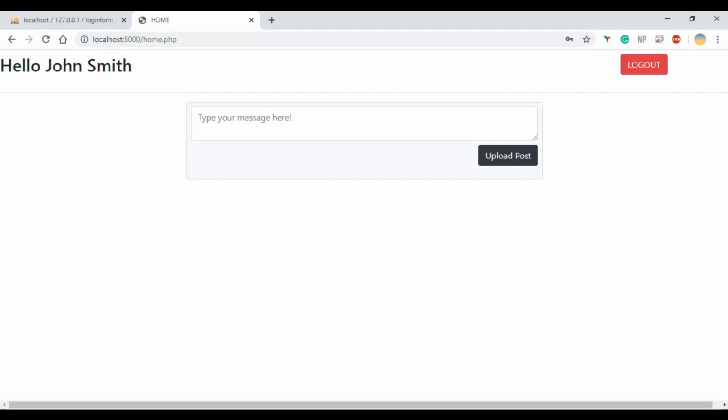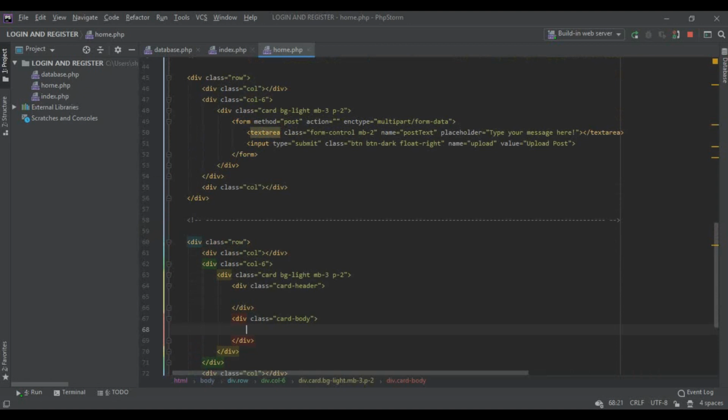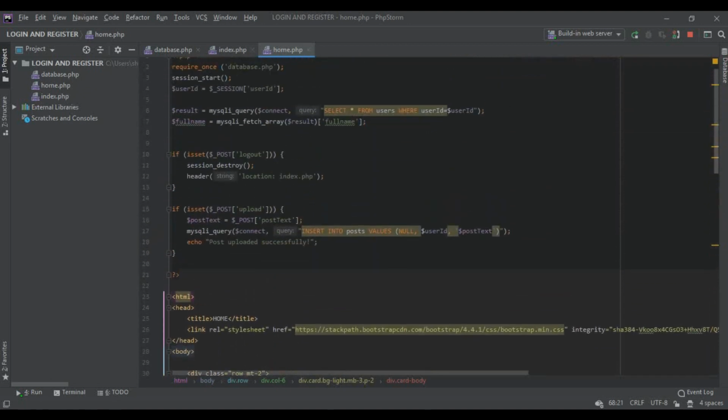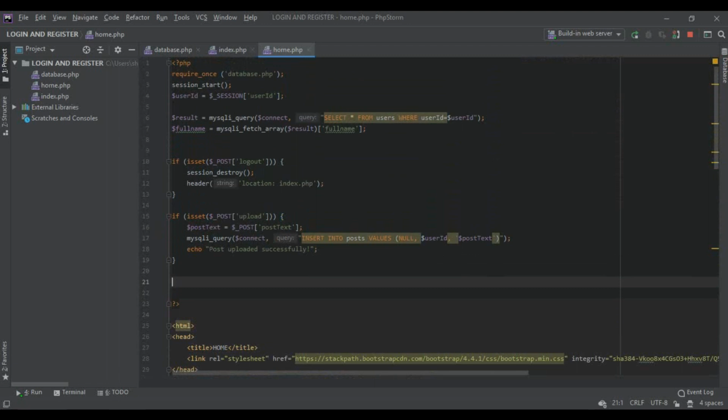We save this and we refresh our page and see what we got here. So we can see we got another card here which has a header and a body. Next thing we need is to retrieve the data from the database. To do that, we are going to go back to our PHP code and we're going to say